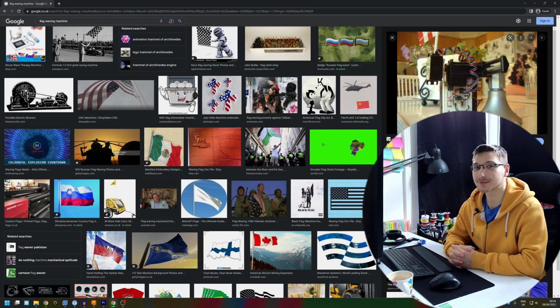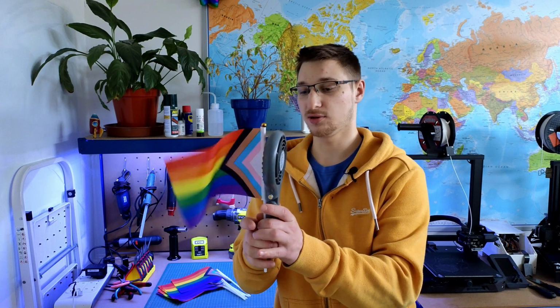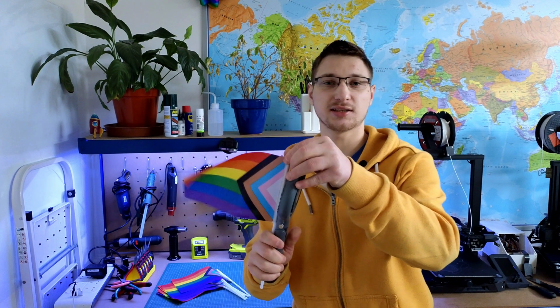Let's do some research. I bought a couple flags for this project. So what is the best way of waving a flag? I mean, I can put it on a linear actuator and make it go back and forth, but that's not very portable. There's the rotating method, which just no. I could just get a fan and do that, but I feel like, you know, let's